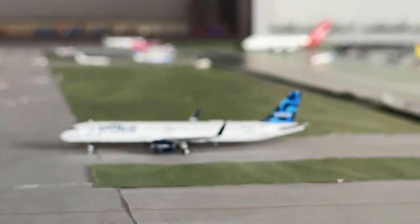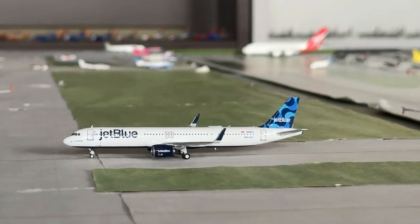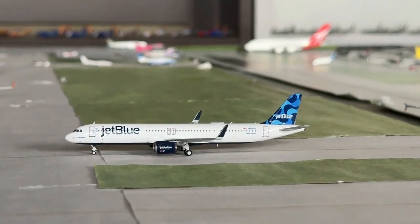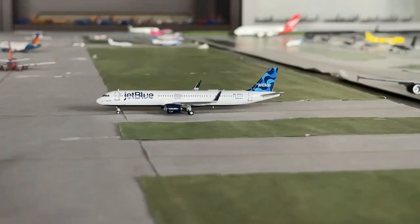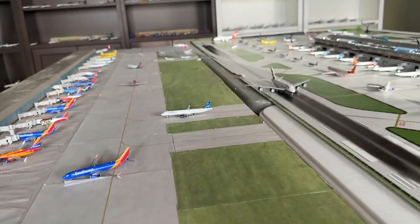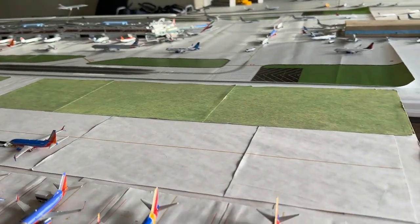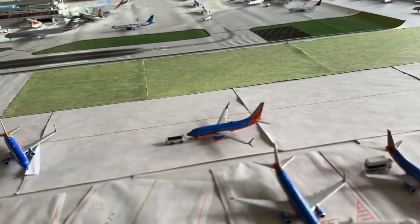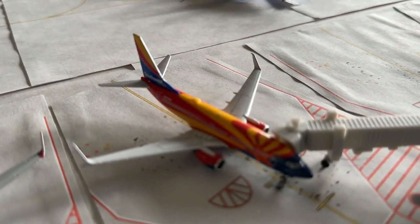Since this angle is cool, let's get the JetBlue Airbus A321. This is the Mint NEO configuration with the streamers tail. This guy's taxiing in after a nonstop flight in from John F. Kennedy. This guy's continuing over to Anchorage, which is a new JetBlue service. Yes, not Alaska, but JetBlue is operating that first. So that is a statement, and there's quite a bit of unfulfilled demand on that service. So that is why JetBlue's hopping in with a Mint NEO, which is an interesting thought. I'm not sure how well those passengers are willing to pay up for a service like that, but hey,